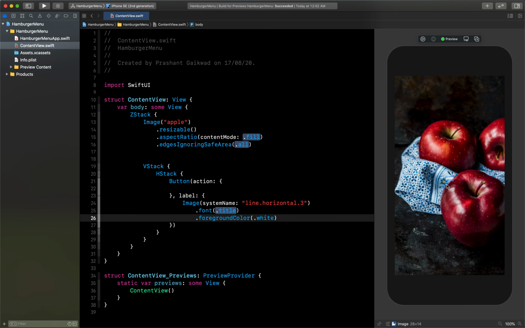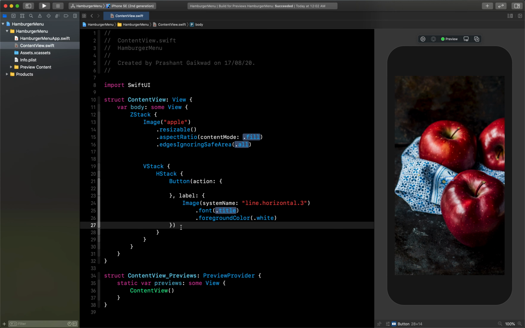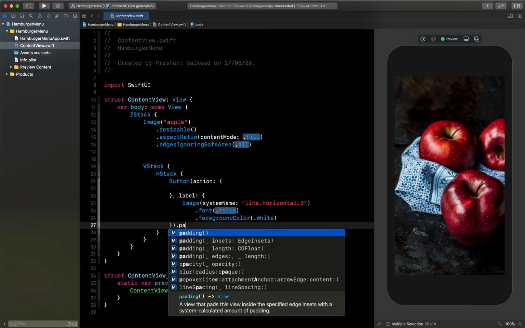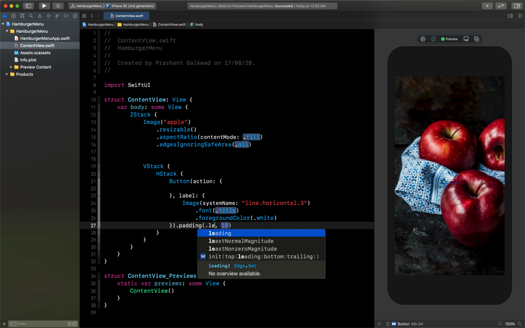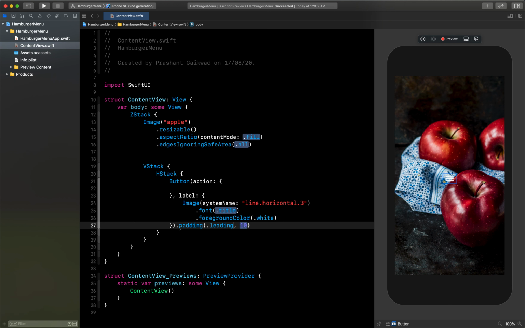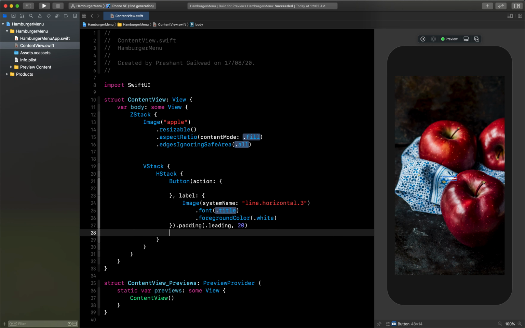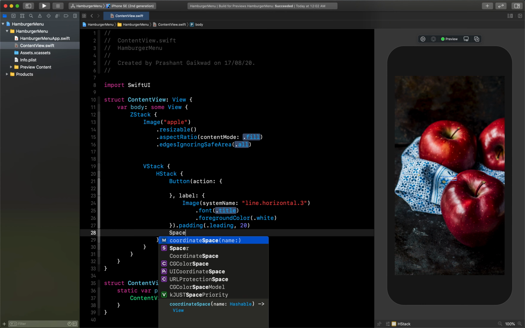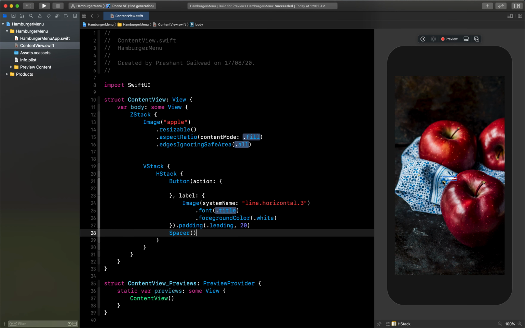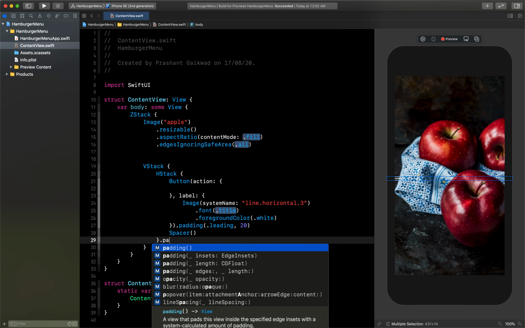And now you can see it's there, but now we need to set it here. So for that let's add some padding to this. I will use only leading, and I will add padding of 20, so that when I move it here it will give some spacing between this left side and the button. And then when I add Spacer at the bottom, you can see it will shift to here. Now it is shifted here. Now what I want to do is I want to give some more padding here.